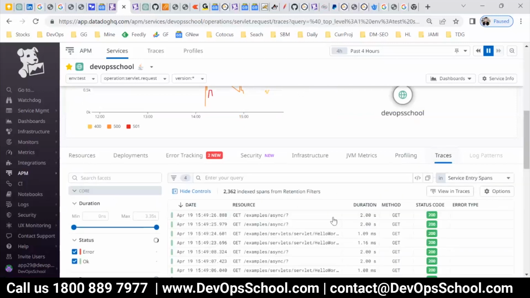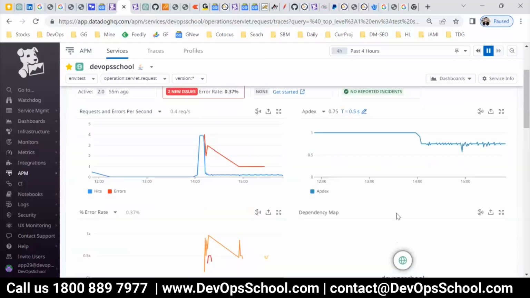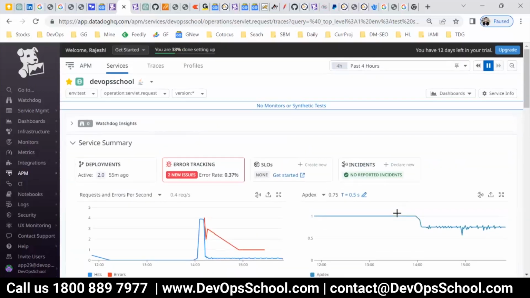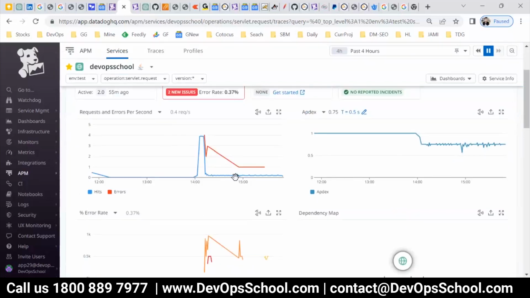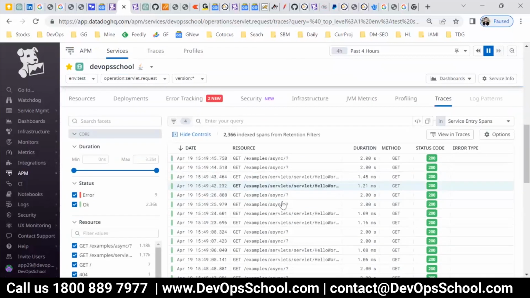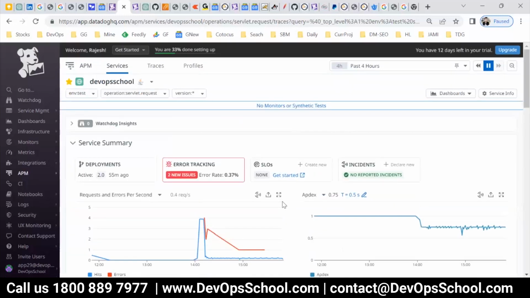This is the place where we have all the traces which I've been showing you. Logs pattern is not enabled, so you'll not see that. So here, basically, your job is to find out the traces which are taking more time and troubleshoot. Your job is to find out errors and try to fix them. And your job is to find out that Apdex scores should be under control. Your job is to find out whether we are having any DDoS attack, and then act accordingly.